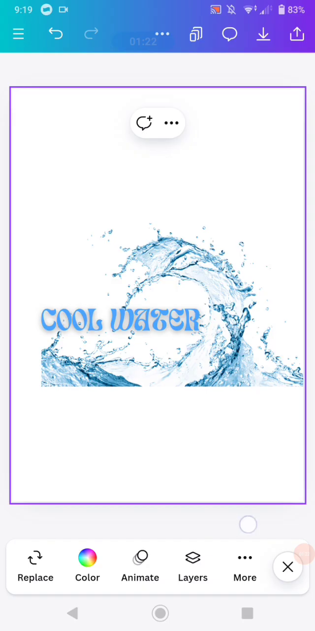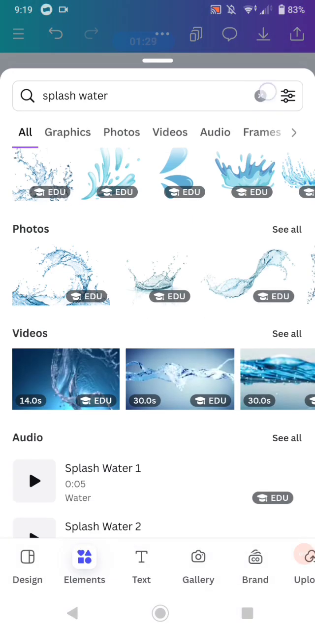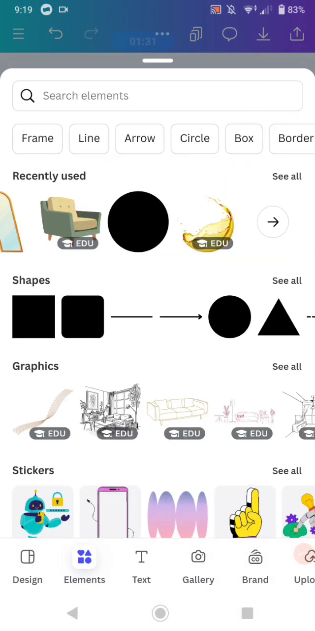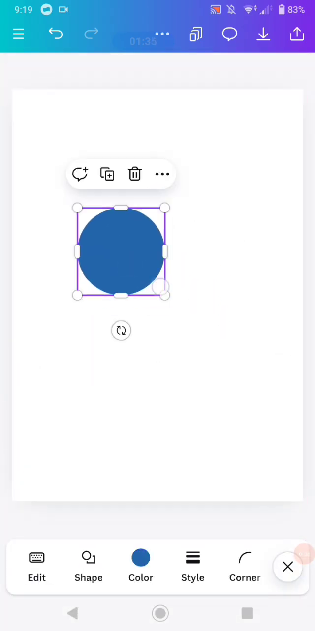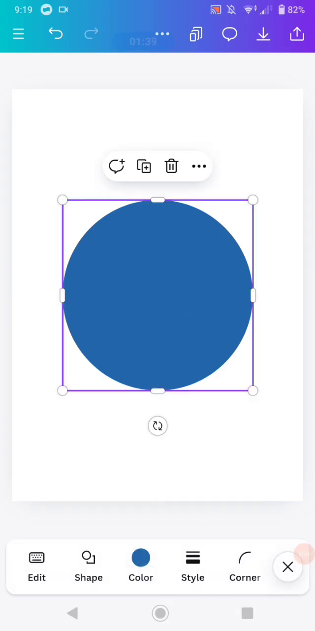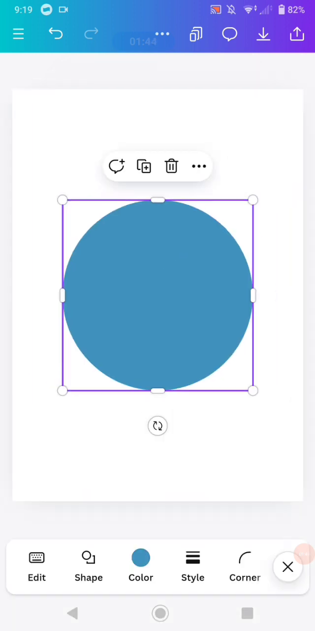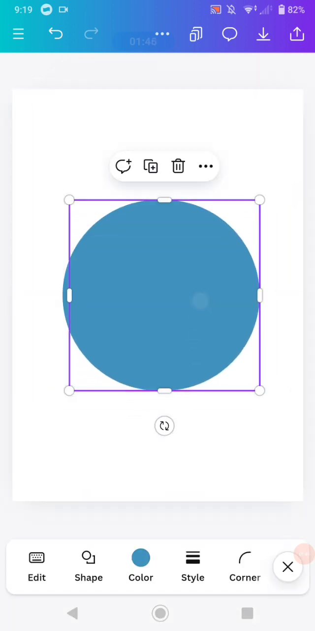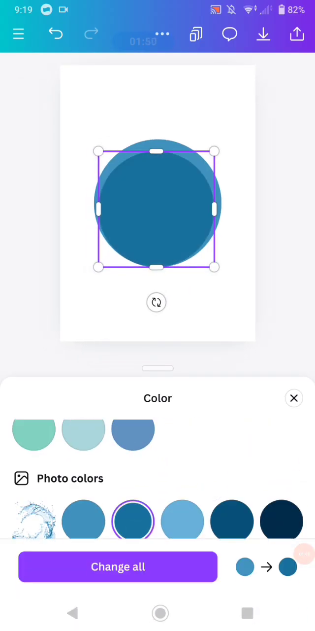I am using a leaf effect, and after that open a new page. Now here you need to add an element. You can follow this method. You can follow the step that I do right now if you want to have the same result design,